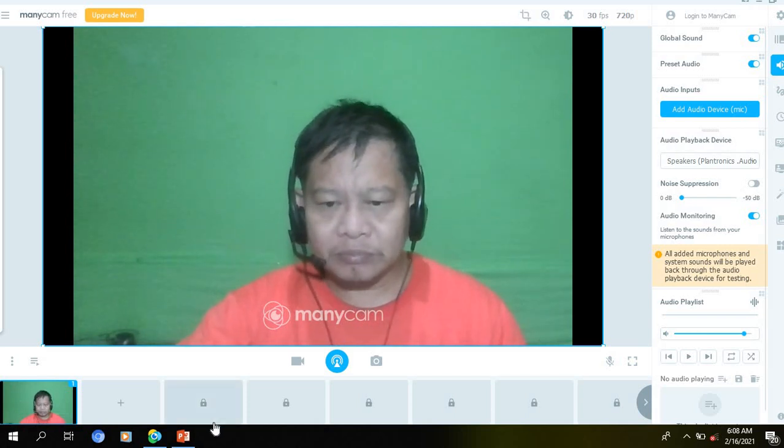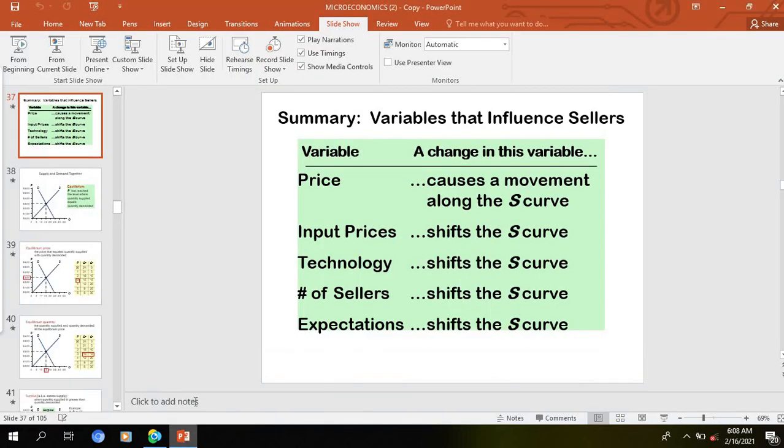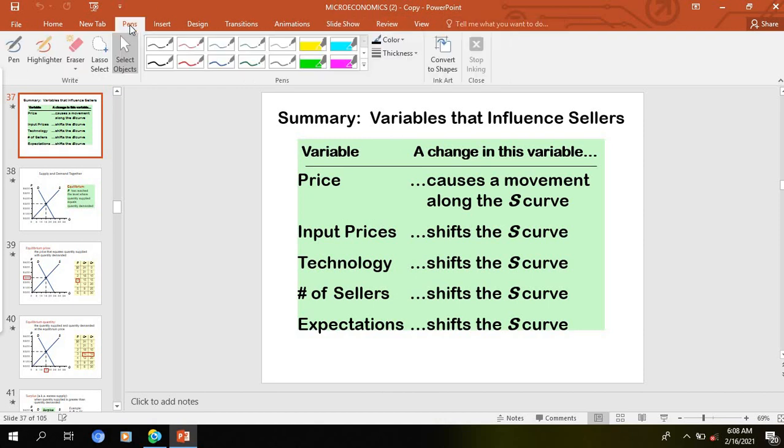And as a sort of quick review, these are the variables that influence sellers, that will shift the graph. Say for example, the input prices, or the cost of inputs, shift the curve either to the left or to the right. Kung mahal ang inputs sa kumpanya sa